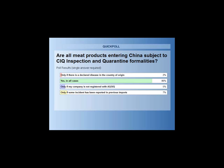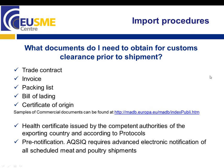I'm trying to go to the next slide. Each time there is a poll introduced, I have some problems to go back to the slides. Already switched. Now it's back. Okay. Just the time it takes to...